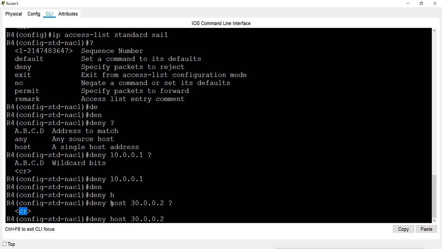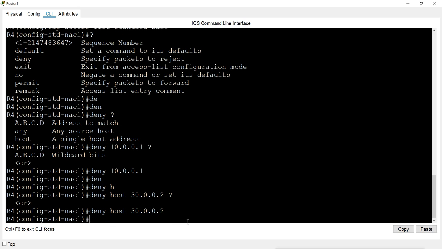Why? Because I am mentioning it by using the host keyword. When you use the host keyword, it is fixed that I am talking about a single host. And this is the same way we create the numbered list also. Now enter.